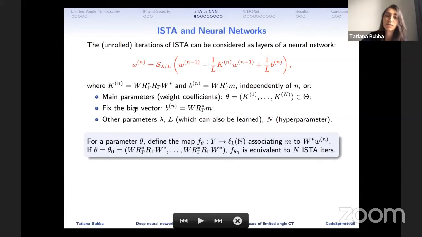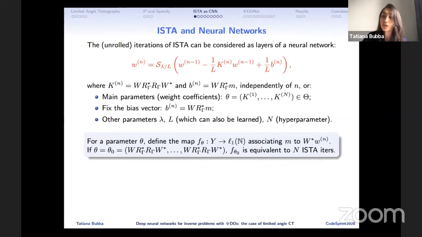We can fix the bias vector. We can possibly have other parameters that can be learned in the process, so the regularization parameter, the step size, while n remains a hyperparameter. And if we call theta the parameter of our network, we can define the map f theta, which associates to m an approximation of our u dagger. And in particular, if we take theta to be theta 0, so we choose to fix K to be this representation of the normal operator in the wavelet basis, then f theta 0 is equivalent to performing capital N